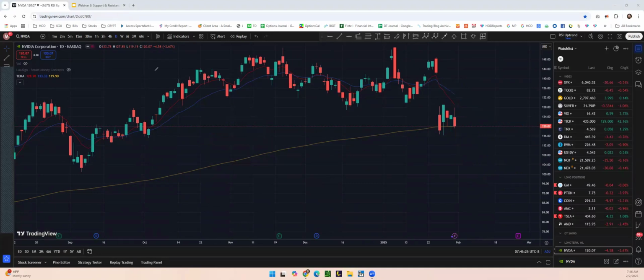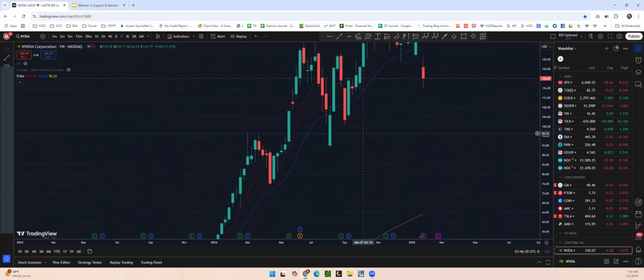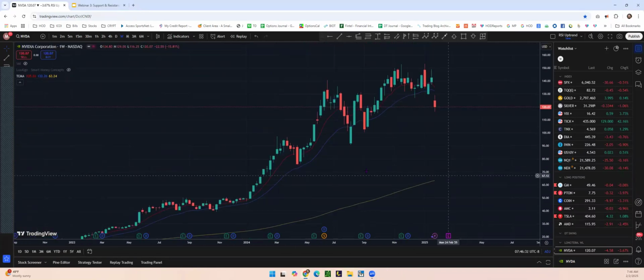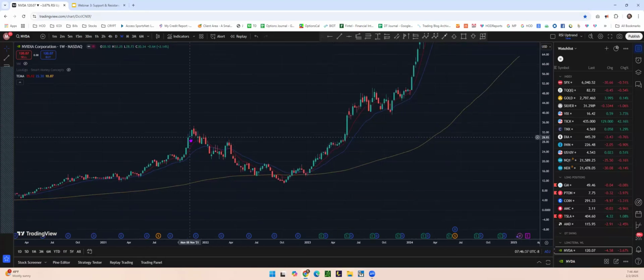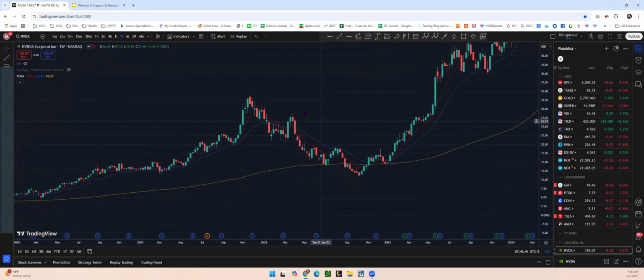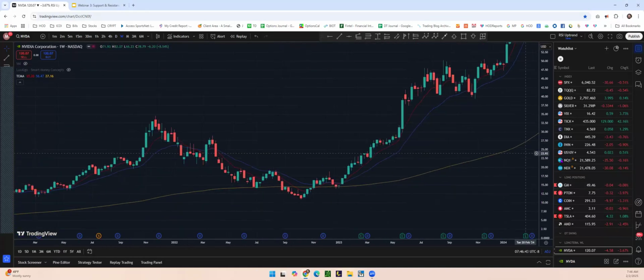So a lot of people, I taught this strategy a while back, but a lot of people use that moving average cross as a way to get in and get out. For example, let's go back here to NVIDIA back in 2021, right? And had that correction. Obviously, COVID and everything else was going on. Now, if we zoom in,